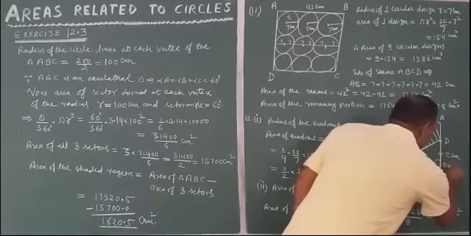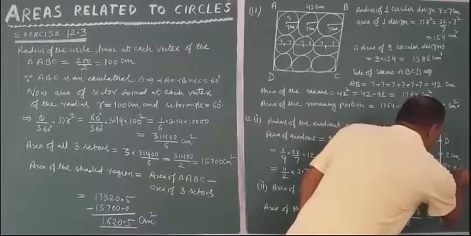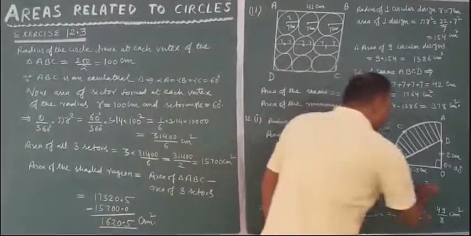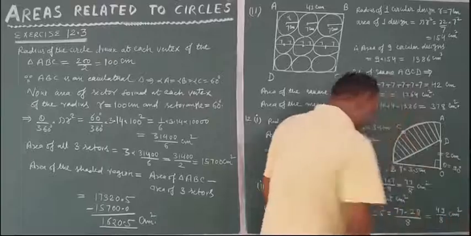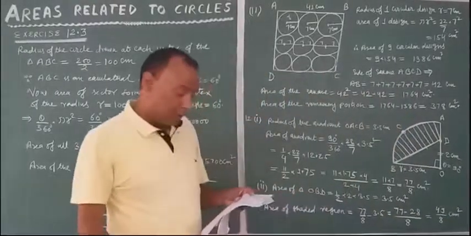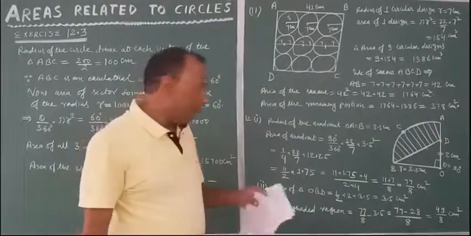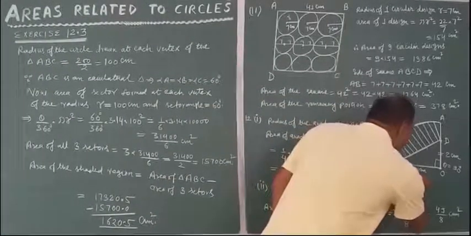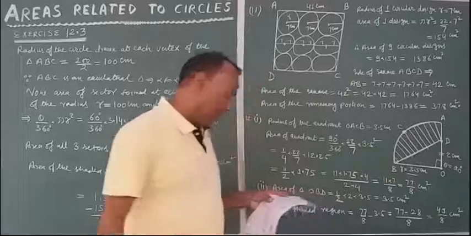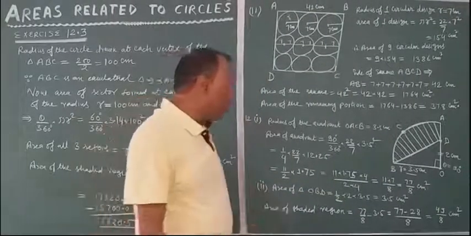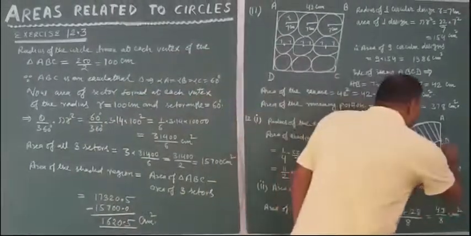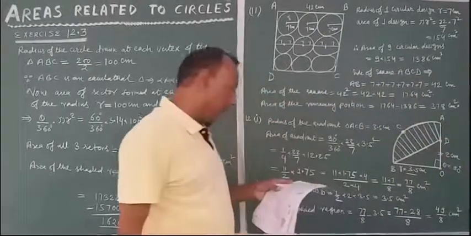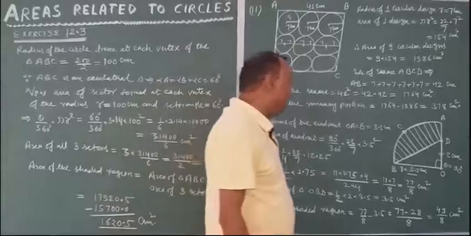What will be the sector angle for this? That is 90 degrees, with center O. O is the center of the quadrant. The question is this, and the radius is 3.5 centimeter. What is the radius of the quadrant, R? It is given as 3.5 centimeter. If OD is equal to 2 centimeter, this OD is given as 2 centimeter. The question is this: find the area of the quadrant OACB.